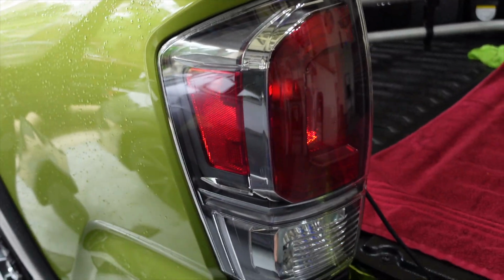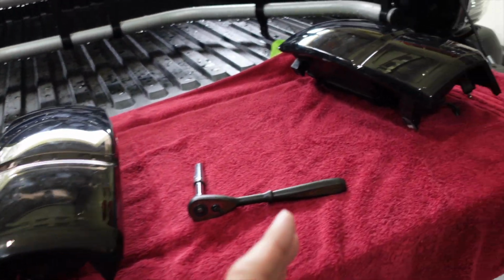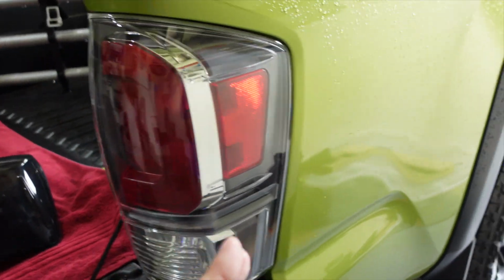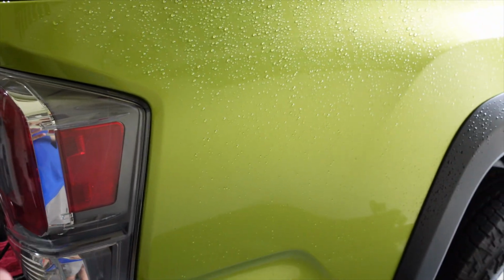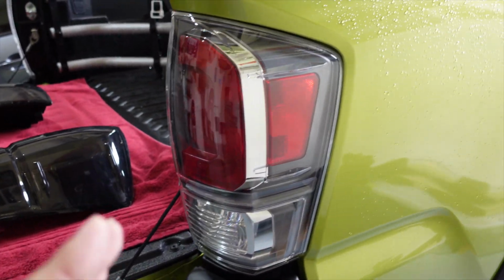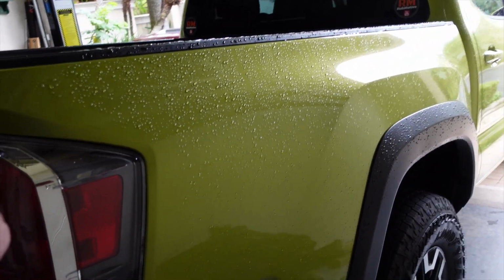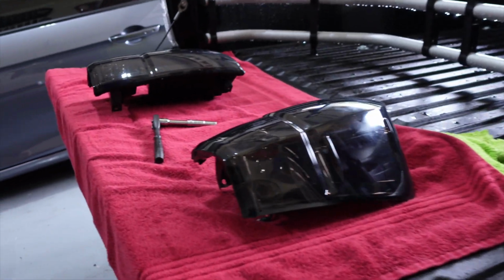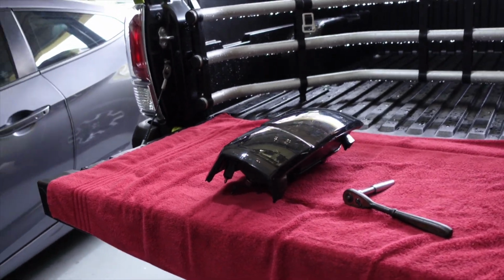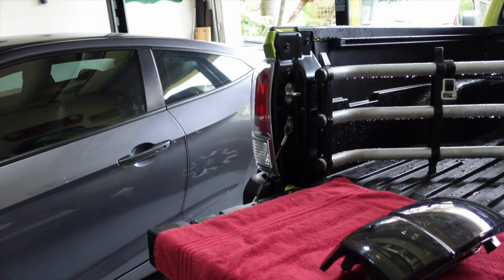So, it's time for me to change them, and I do have the smoke tail lights that I've had on a couple other Tacomas. I thought the smoke lights on this new Electric Lime, new for me, it's been out on the Pro prior to this year, would look really great on this truck, because I think the Electric Lime color with the elimination of chrome looks really good. In other words, more of a blacked out kind of feature, if you will, as the main accent for the truck. So we're going to go ahead and pop those off,